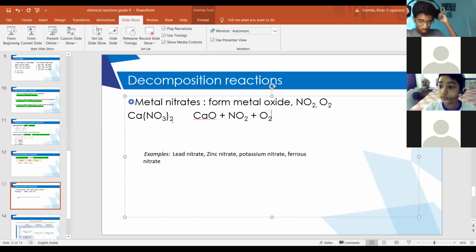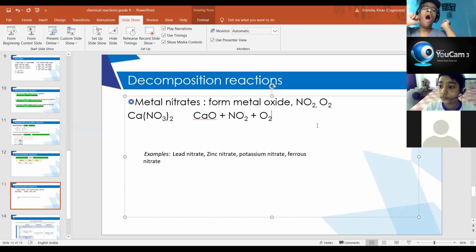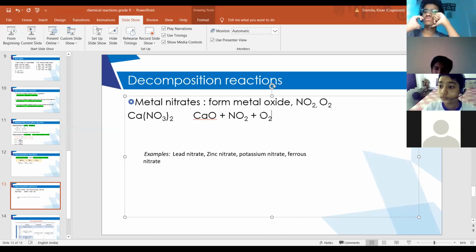How many oxygens are there in total? 3 twos are 6 oxygens. So here how many oxygens are there? We will put 3 beside O. If we put 3 beside O2, it will become 6 oxygens. Then 3, 2 are 6, 7, 8, 9 oxygens. If we remove 3 here, total 4, 5 oxygens are there. Here 6 oxygens are there.